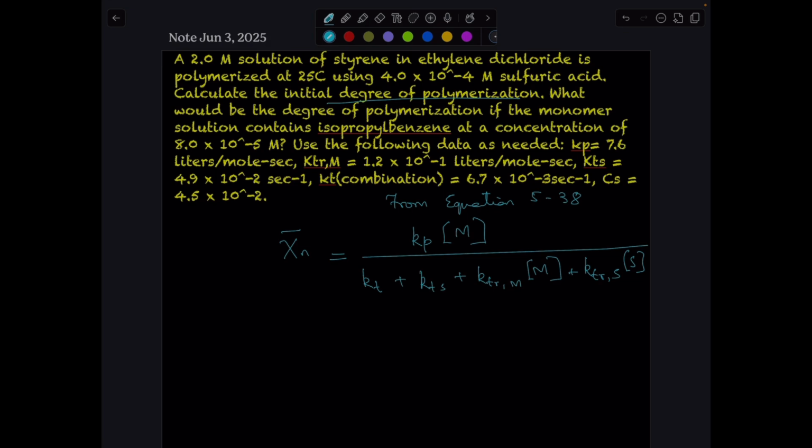And then after that, we have to find out what would be the degree of polymerization if the monomer solution contained isopropylbenzene, which is the chain transfer agent. So this is the chain transfer agent S. Initially we first find out without the chain transfer agent, and then with the chain transfer agent. So initially we can take this as 0 because the chain transfer agent is not there. So let's rewrite Xn equals Kp times monomer concentration